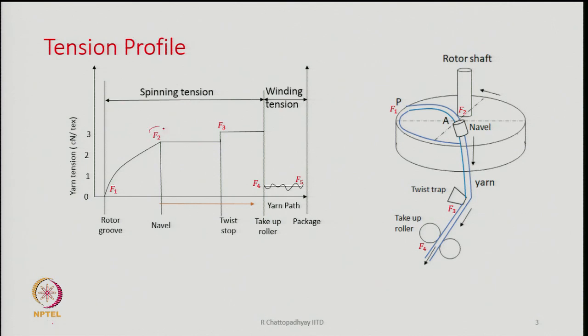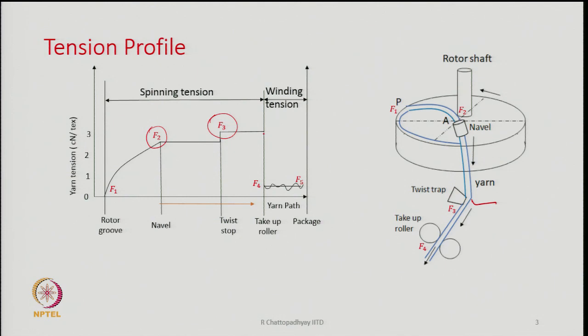F1 to F2, then at the navel obviously it takes a bend, it takes almost a 90-degree turn, and then moves towards the take up roller. In between we can have a twist stop, and at the twist stop there could be a slight jump in the tension level. It can go from F2 to F3, the twist stop is shown here,